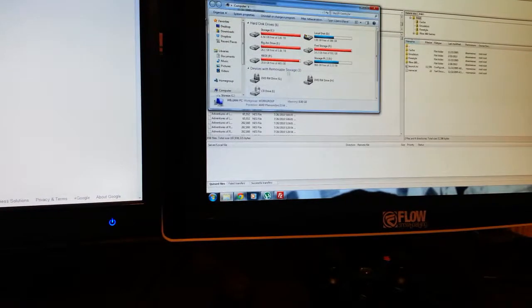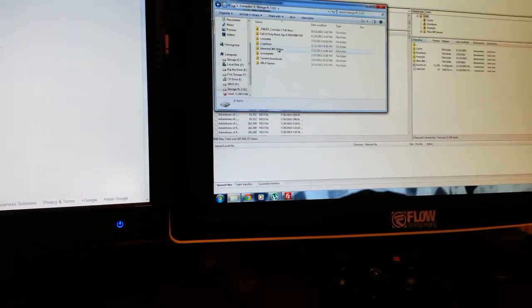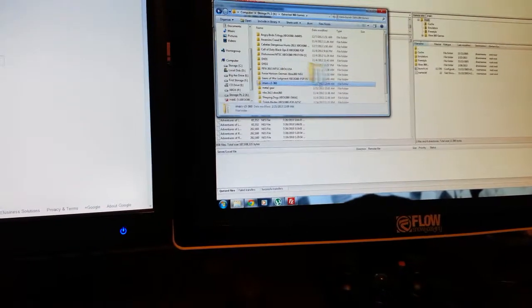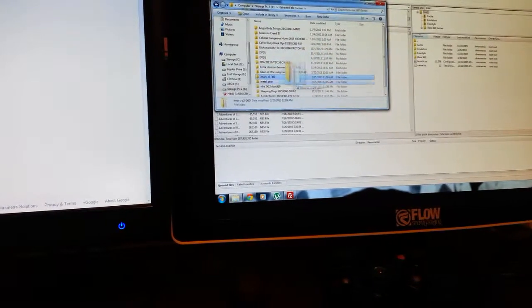Basically, I right-clicked, I say create directory. I called it Xbox 360 games right here. I still have emulators already on here. And I'm going to add that path here in a sec. But after you create that folder, you would want to